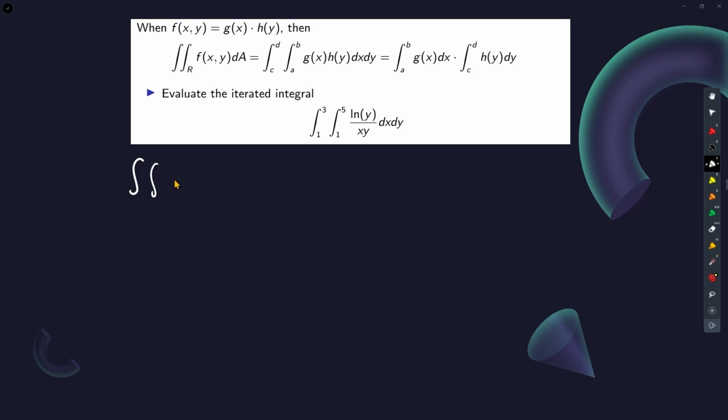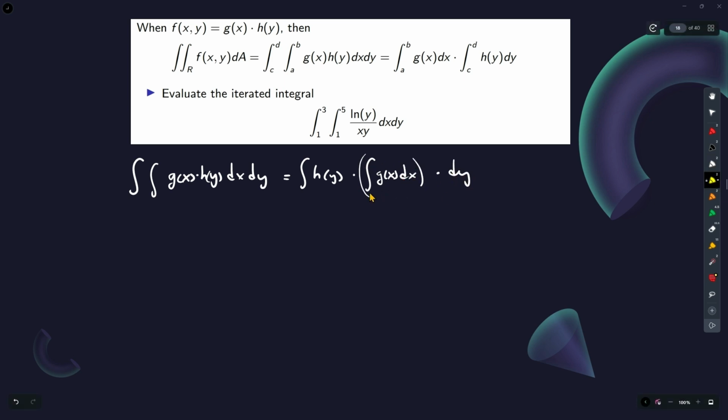Because when I'm integrating g(x) h(y) dx dy, in the integral with respect to x, h of y is just a constant multiplying g of x. It is a constant with respect to x. So this is h of y times the integral of g of x dx, dy. And now this whole thing is just going to be a number. So it's a number multiplying h of y,